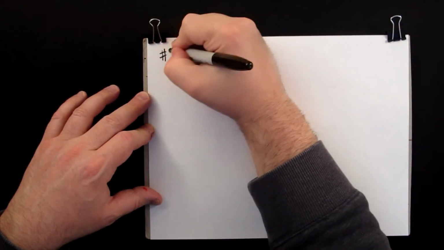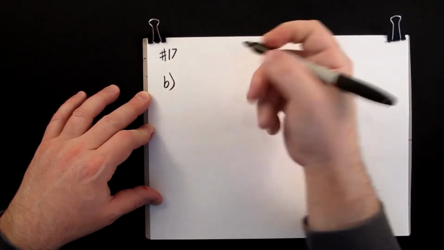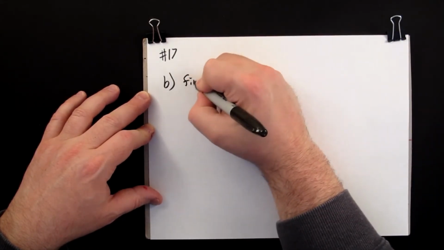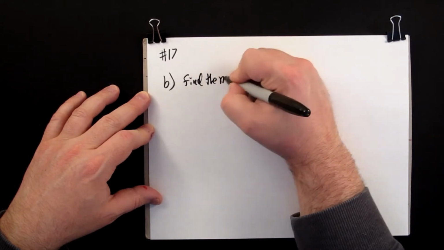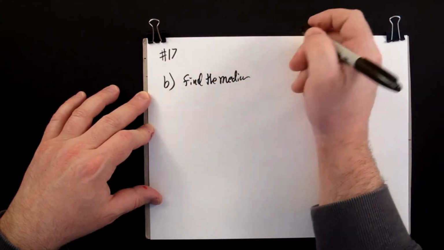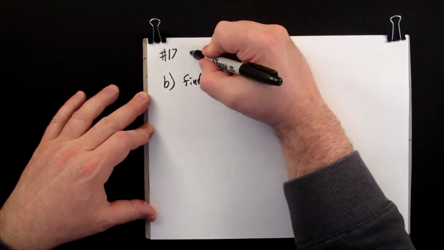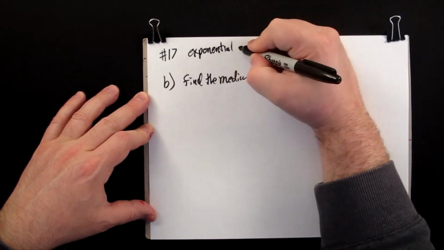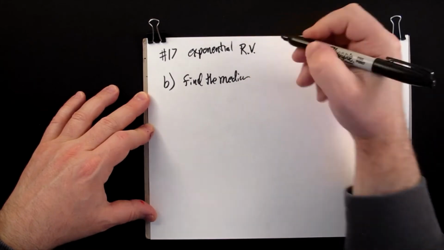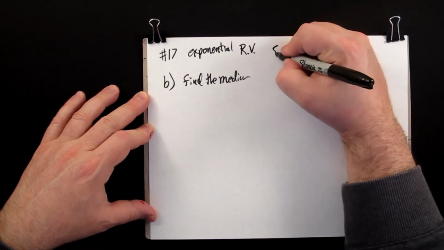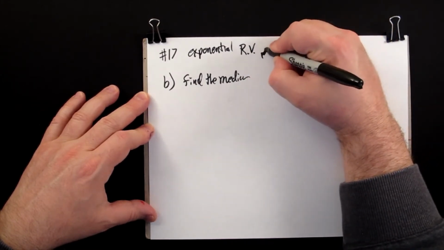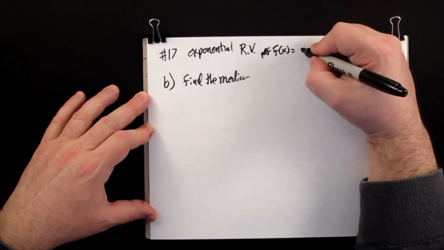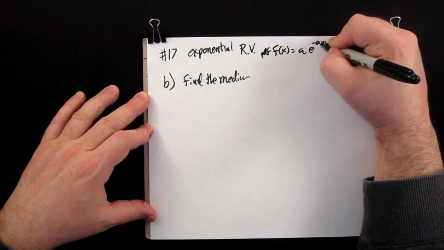Number 17, part B. This is asking for the median. So find the median. And our function that we had was an exponential random variable. It had the PDF f of x equals a e to the minus ax, and